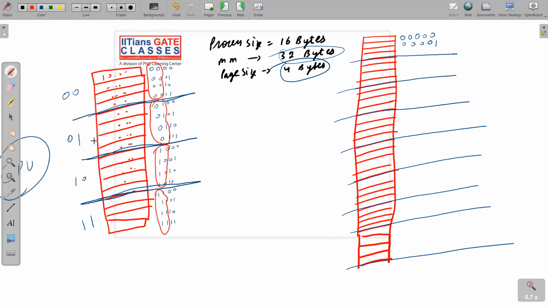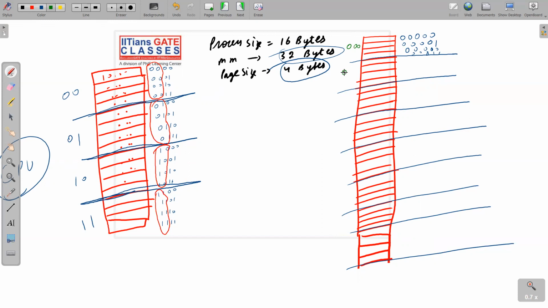So I hope you have got it. So 000, 001, 010, 011. And since there are 8 frames in main memory, how will you label them? From 000 to 111. Okay, so I will label it 000, 001, 010, 011,